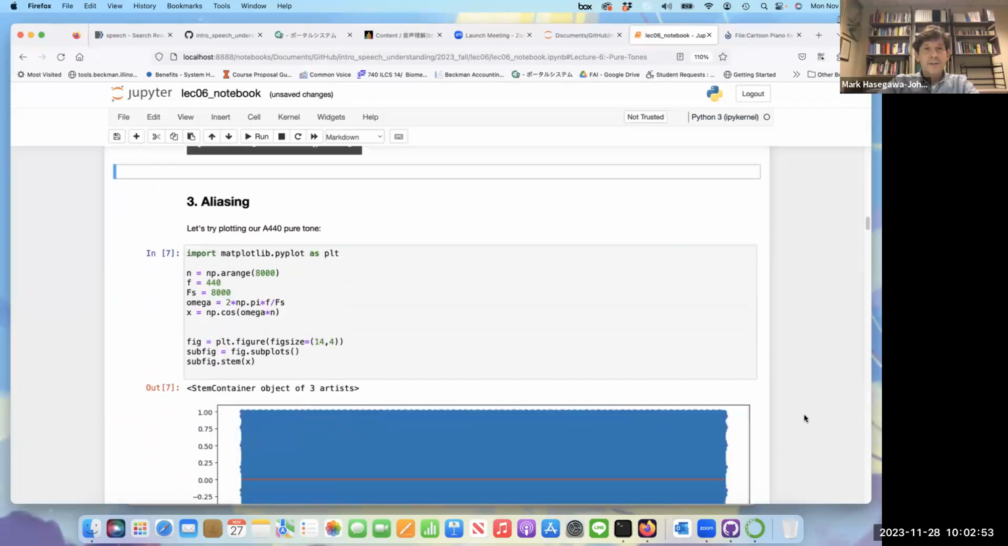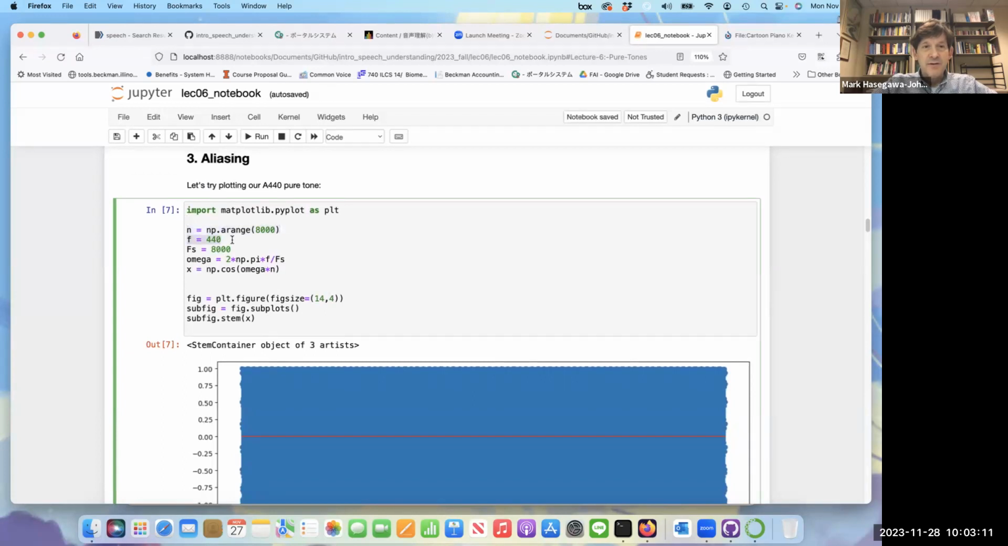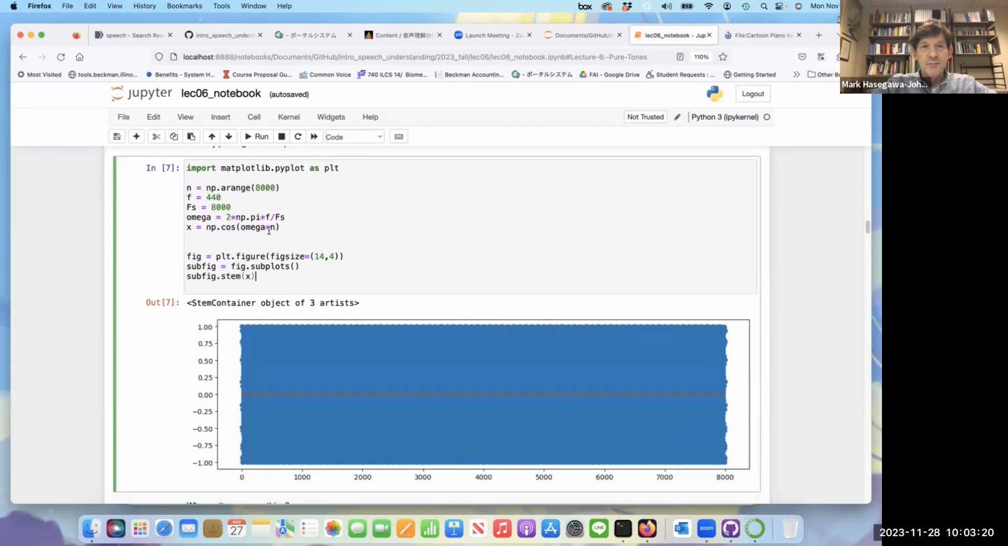Okay, thank you. Now let me talk about a particular problem that can happen when we try to store pure tones on a piano, so on a computer. First of all, let's just talk about what it takes in order to make a sine wave. If I create 8,000 samples of a sine wave at 440 cycles per second, and if I then try to plot it, so here I'm going to use the stem plot in order to create a stem plot of this signal X. We find that